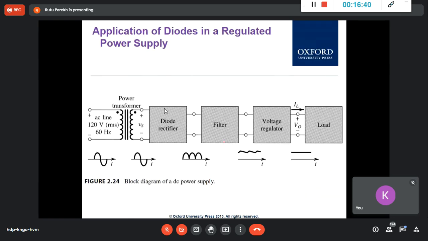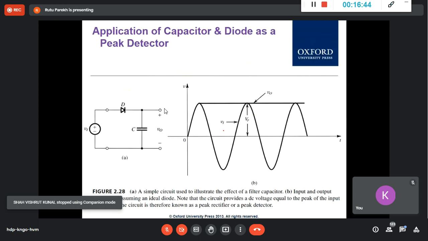Now this stage here: filtering. What we use here to filter is a capacitor. As you can see, this is a simple circuit, so you have a positive half and a negative half. If you see what this is for, whenever you have a diode and you have a sine wave,